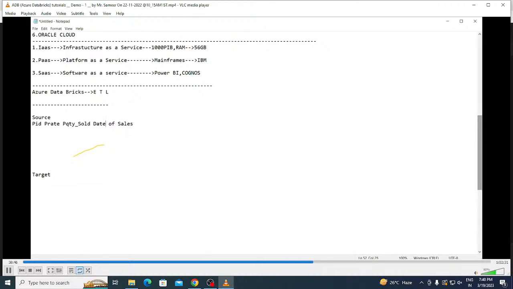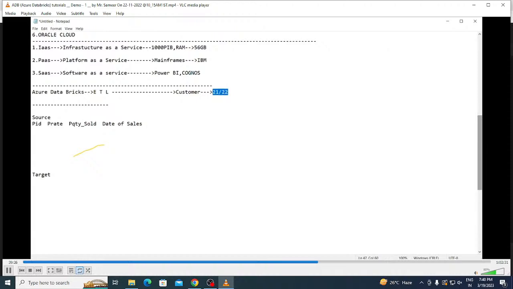Now my query is this, and here is the customer. The owner of the supermarket is a customer for us. This customer wanted to know the change in sales, or the sales difference, between the 21st of this month and the 22nd of this month, whether the sales have increased between these two dates or not.